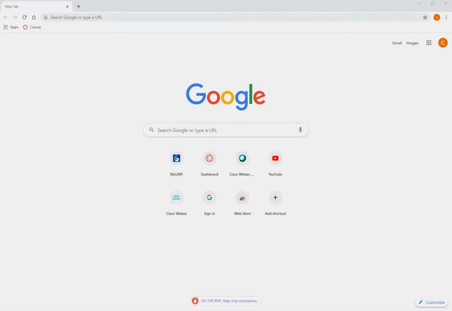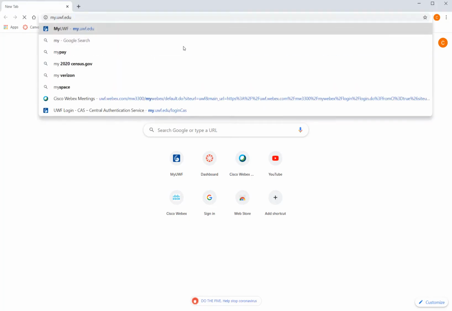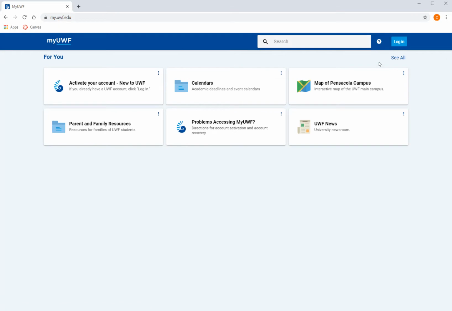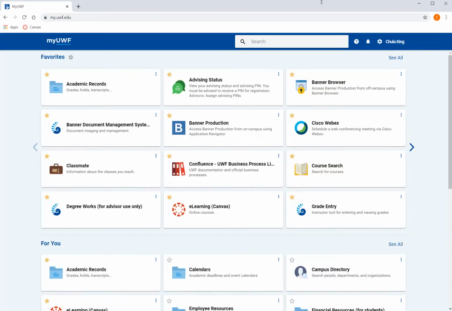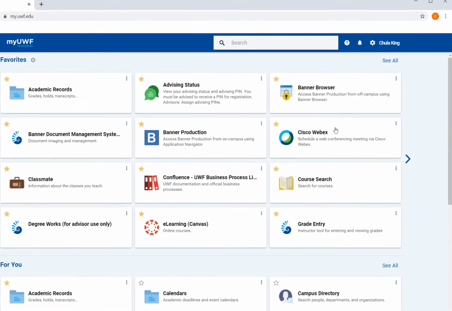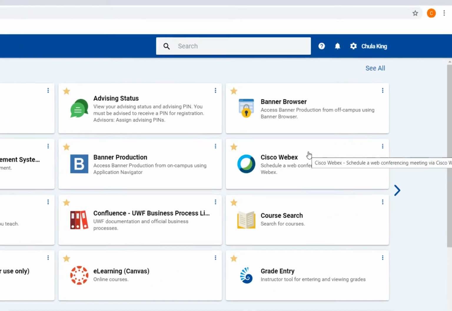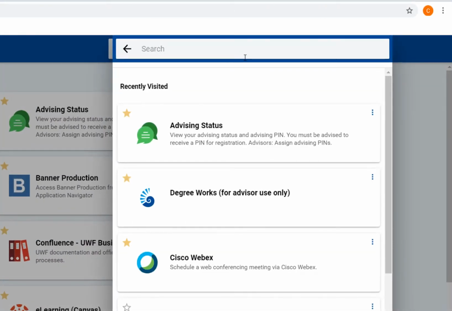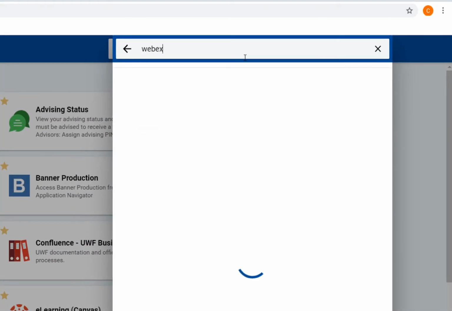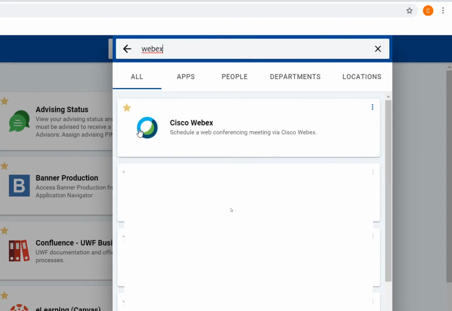Now I'm in Google Chrome. The first thing that I want to do to establish the WebEx meeting is to go into myuwf.edu. I want to log in. And I want to select Cisco WebEx. Now if that's not showing, then you can go up to the search term at the top and put in WebEx, and it will bring up the Cisco WebEx. I'm going to click on that,